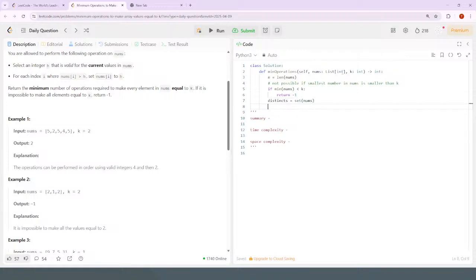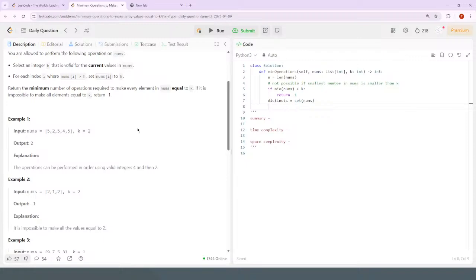So this just reduces down to the unique values, and it's basically everything in that set that's bigger than k. No, everything has to be bigger than or equal to k, so it's exactly equal to the length of that set,